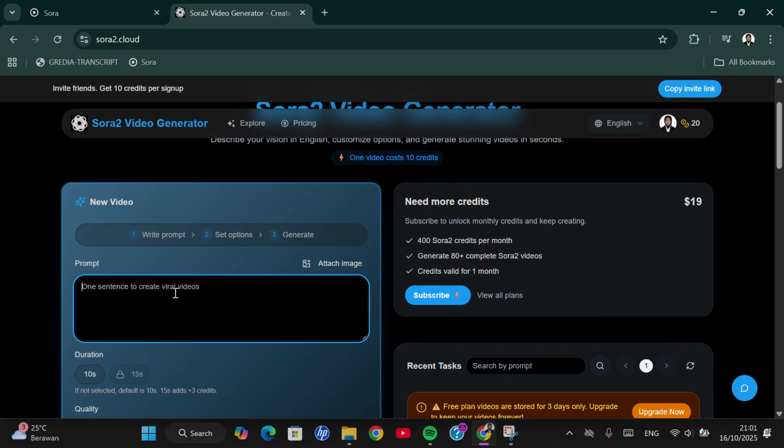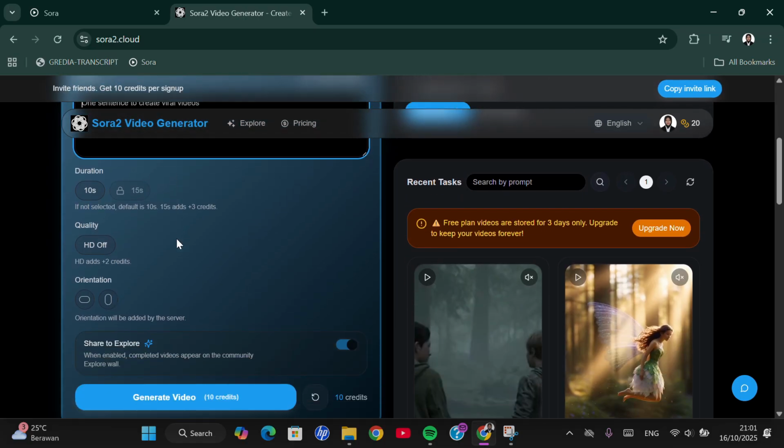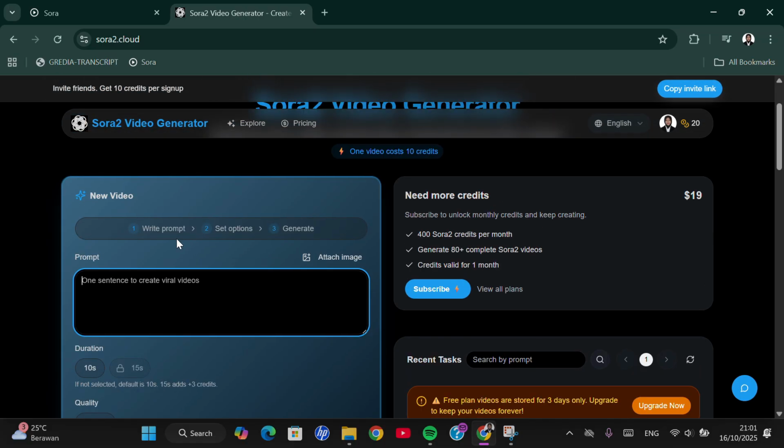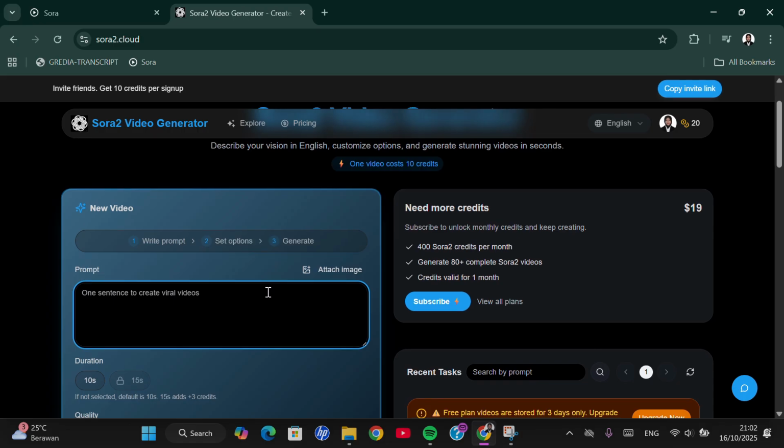and the AI will create video, realistic video. Okay, new video, and then yeah, so on. If you want to generate an image, you can, if you want to generate video, you can also attach image